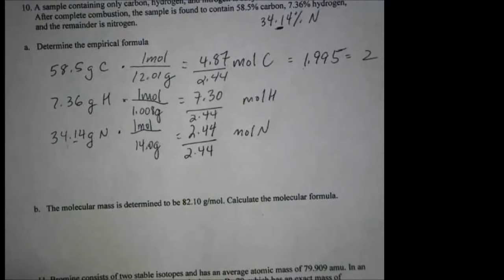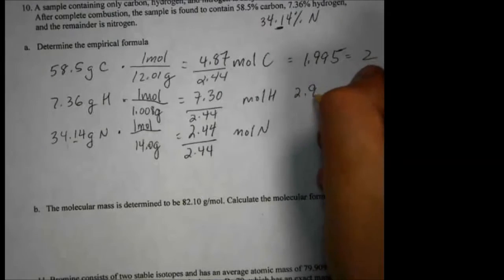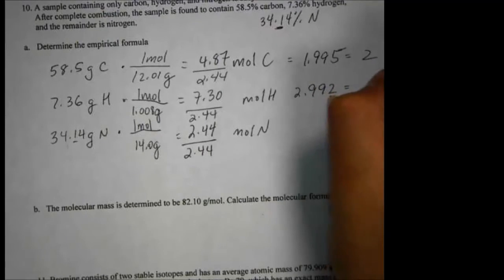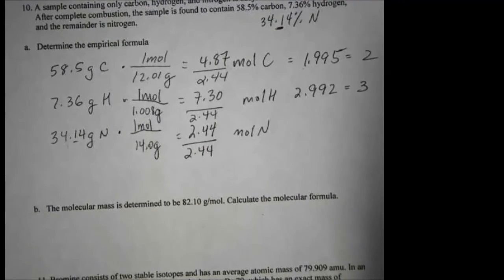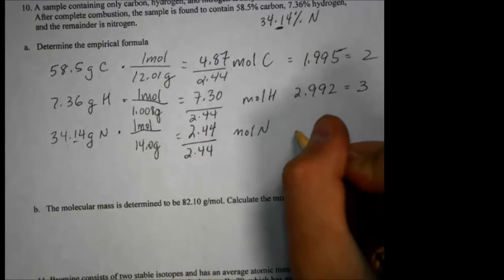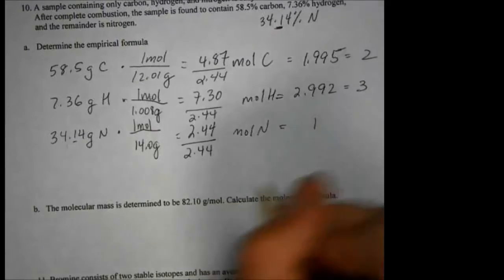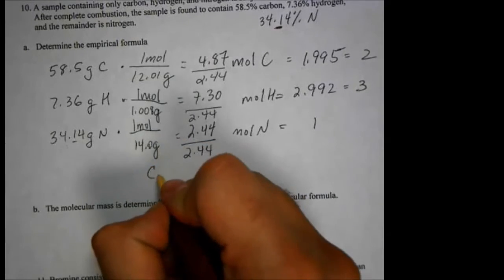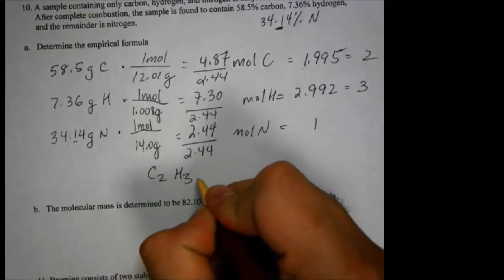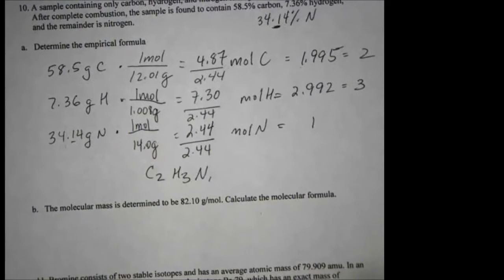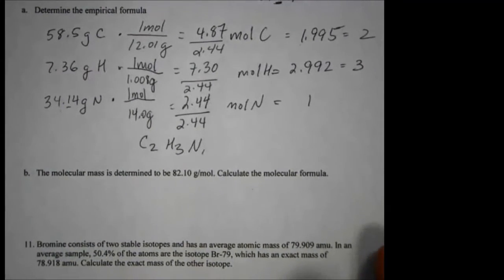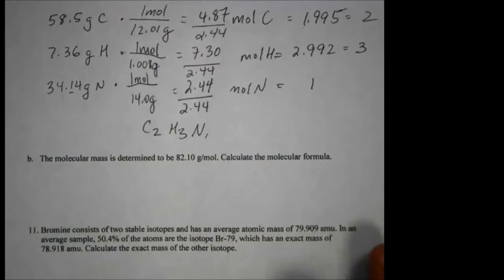7.3 divided by 2.44 is 2.992. This is close enough that we can say that that's going to be 3. And then down below, this is going to be equal to exactly 1. So our empirical formula based on this is going to be C2H3N. And now for the second part of the problem, it asks us to determine the molecular formula